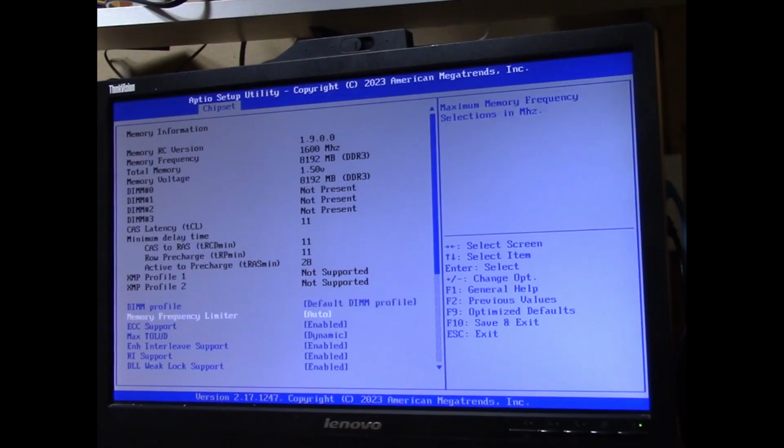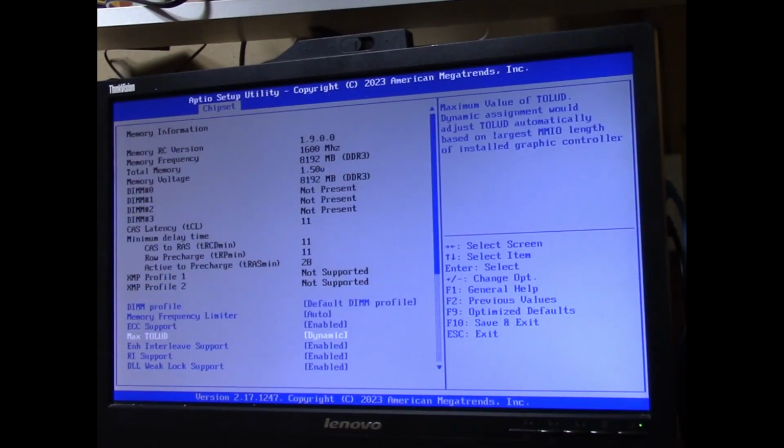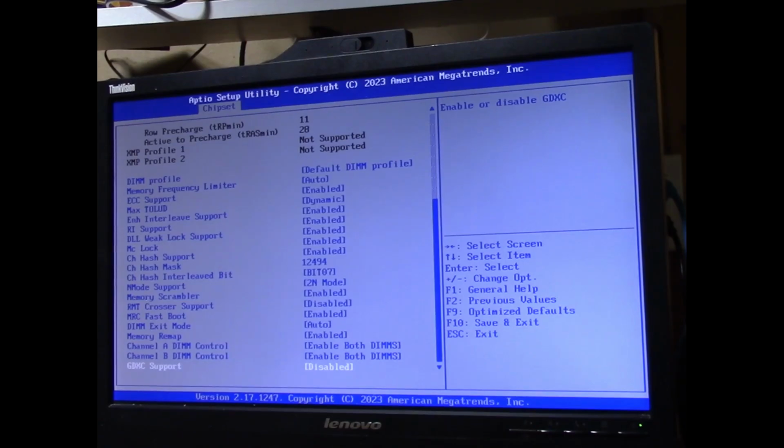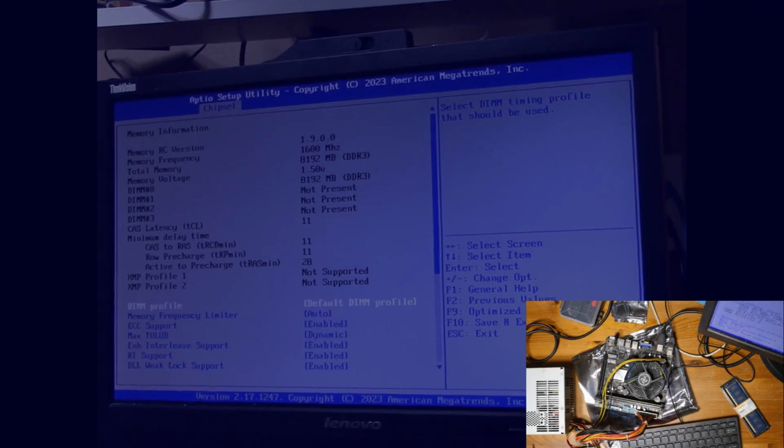Oh, memory, there we go. Okay, yeah, sorry, let me stop jumping around. So there we go, 1600 megahertz, 8 gigs. Wow, there's 4 DIMMs, but only 2. Well, I mean, it's fine. Again, $46. What am I complaining about? So only 2 are wired out that we can connect to, and